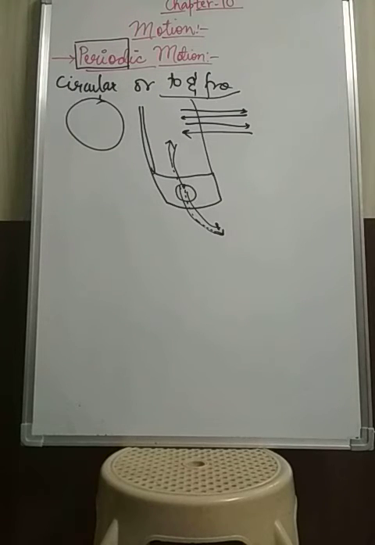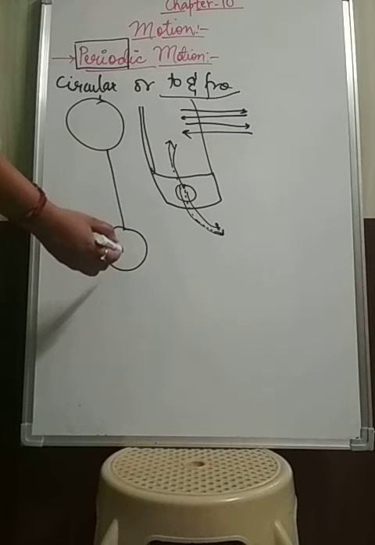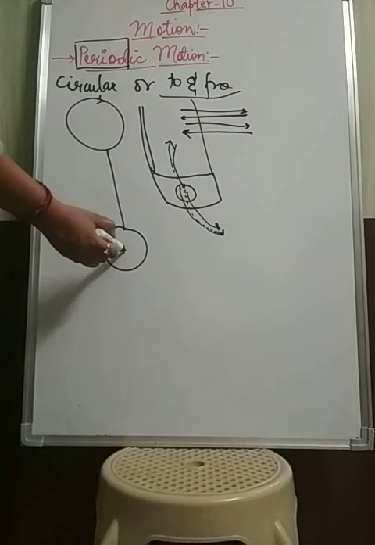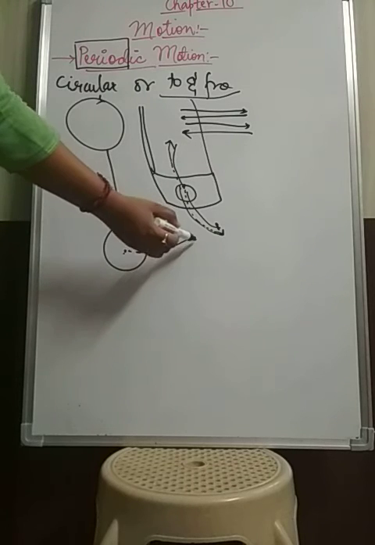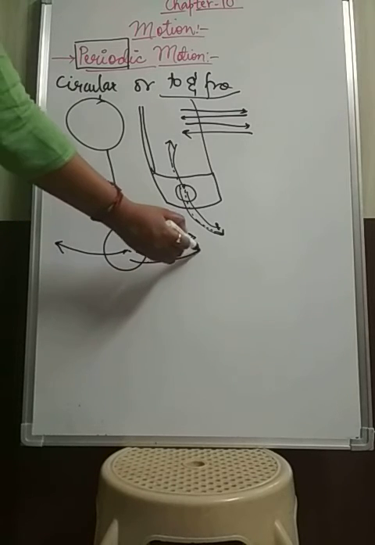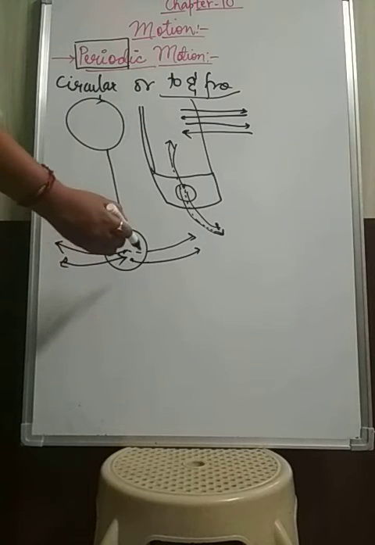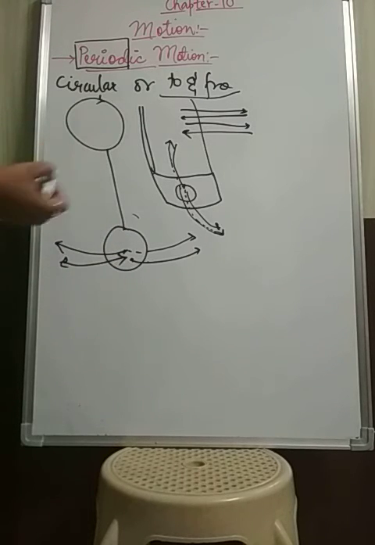Another example is the moving pendulum of a clock. Okay, so what happens in that? In some of the wall clocks a pendulum is present, it is this. This pendulum will move like this: the main position is here, it will move to this position, again come back over here, again move to this position. So the distance from here to here will remain the same as the distance from here to here, and after a fixed interval of time it will again come back to its main position. So that is known as periodic motion.